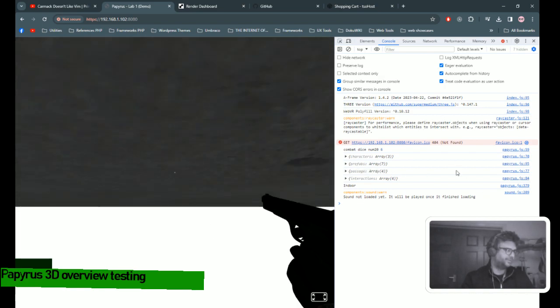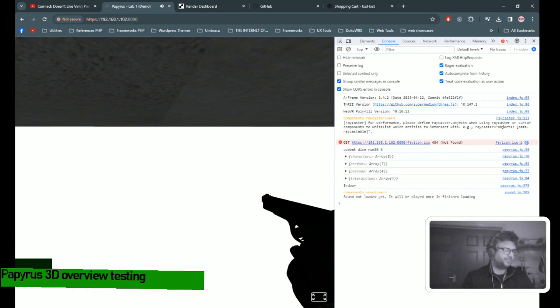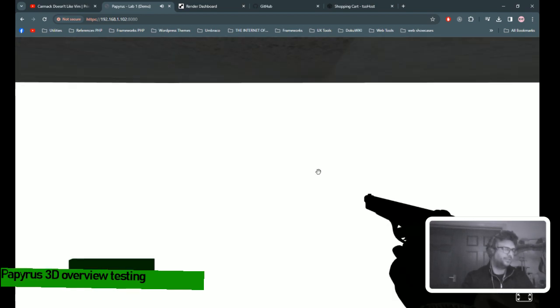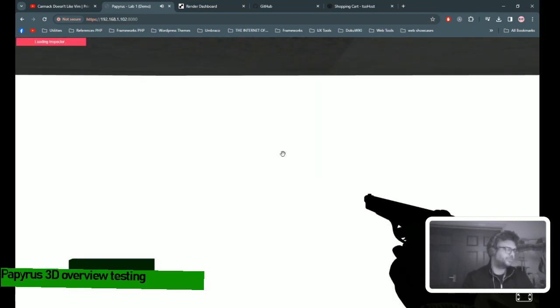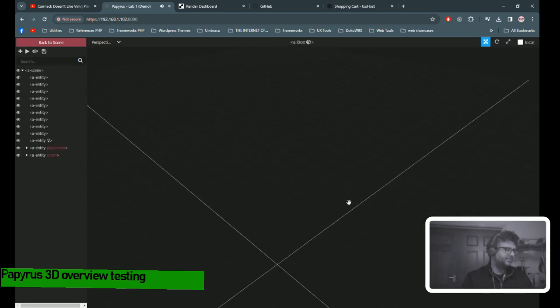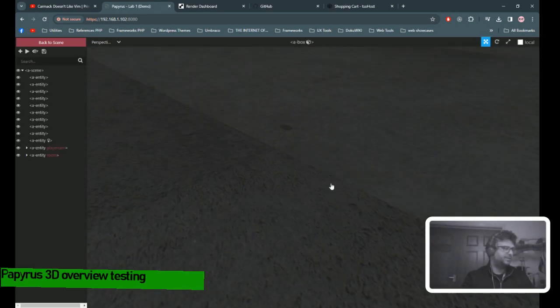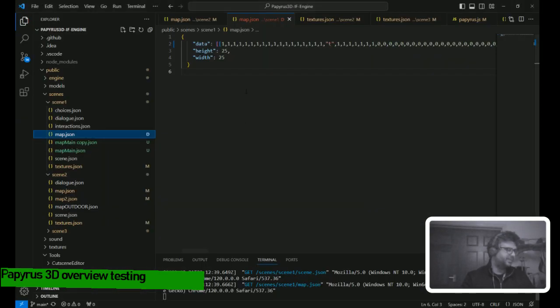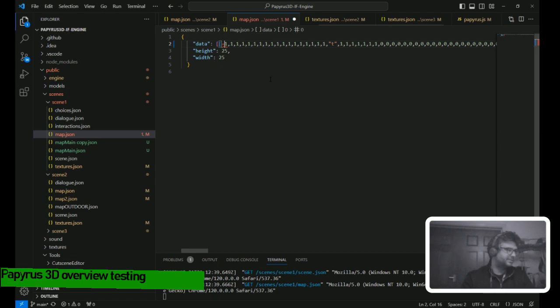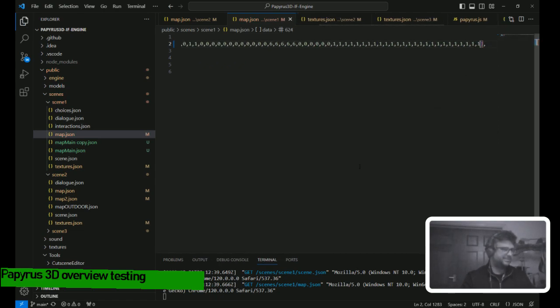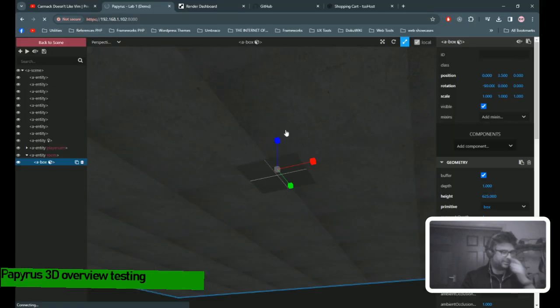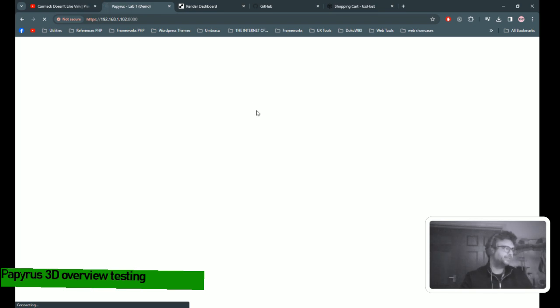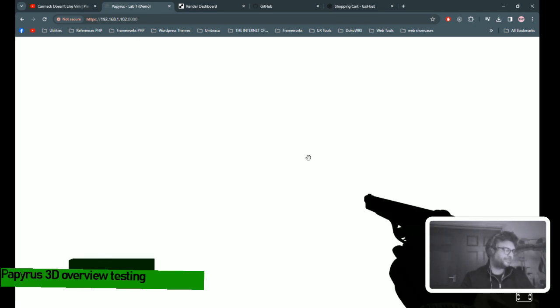So now, well, this should. I'm off somewhere. I'm not sure where that's happened. Have a look. Inspector mode. For some reason I'm below the floor. I'm not sure why that's happened, but it should be loading a map. Oh, that'll be why. Because I've pasted it wrong. So that is not what you want to do. Now it should load. It wasn't actually loading the map because I was putting in a double array, an array within an array, which is going to break it.